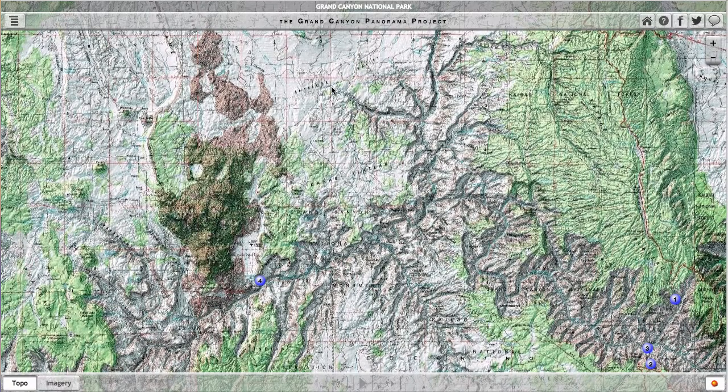I love maps, and I hope you do too. The Grand Canyon Panorama Project contains about 50 map locations, ranging from a small-scale map of the entire park, which